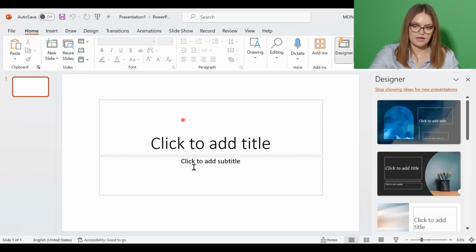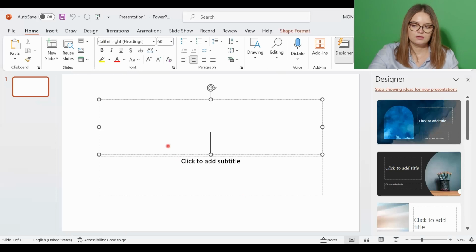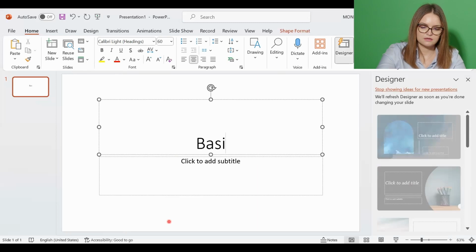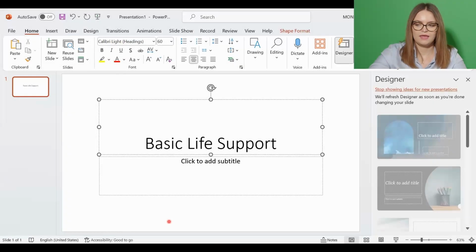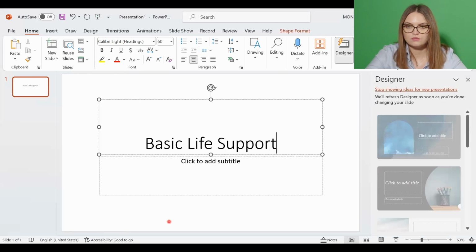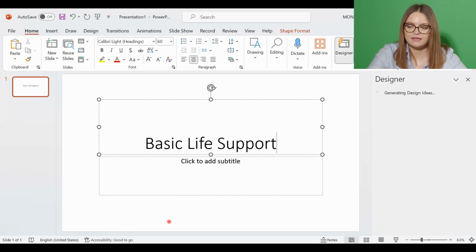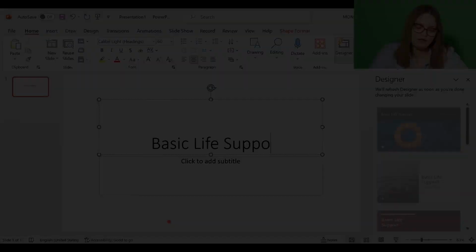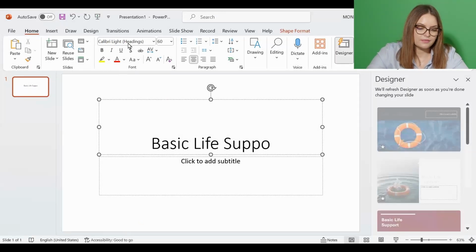Now you can edit and enter text. In order to do that, you want, for example, to enter a text. We will use basic live support. And now we have the title of the presentation. And let's say that you want to change it, you can use the backspace and delete keys to delete the text. And if you have deleted the text by mistake, you can always use the undo function right here on